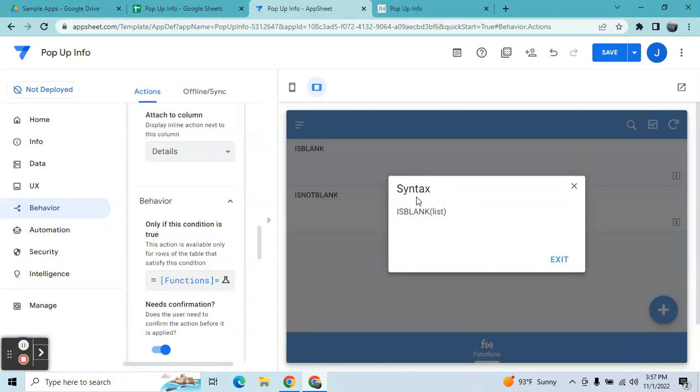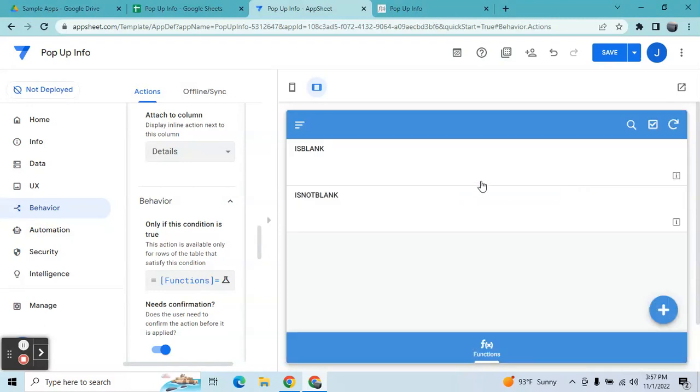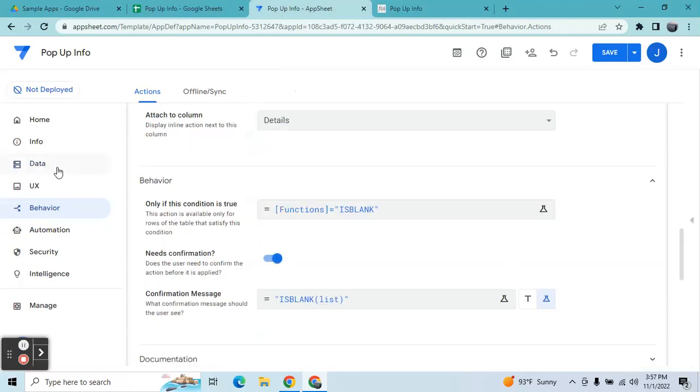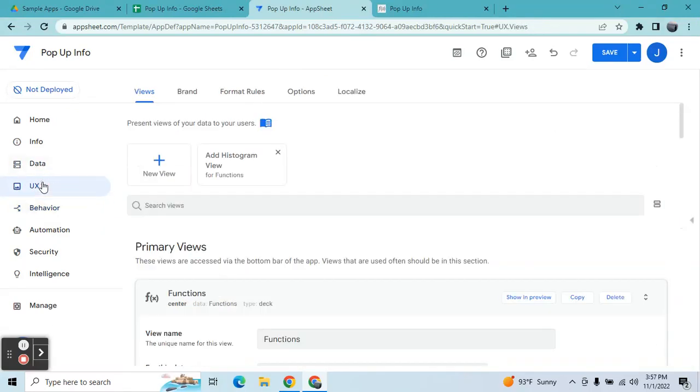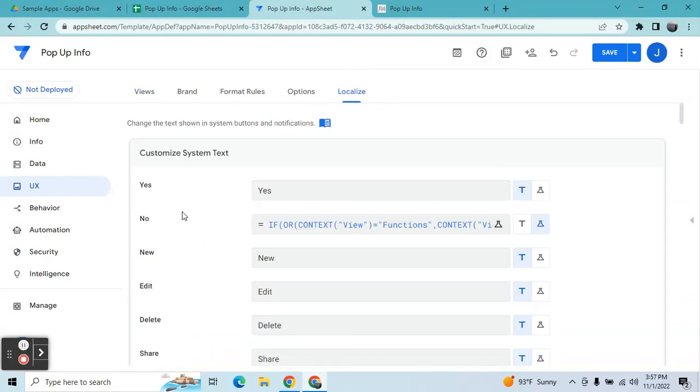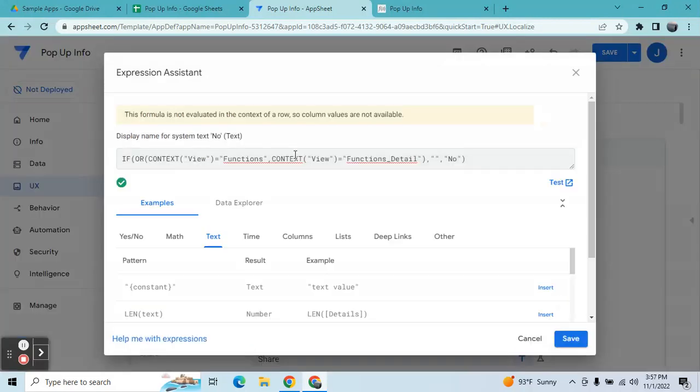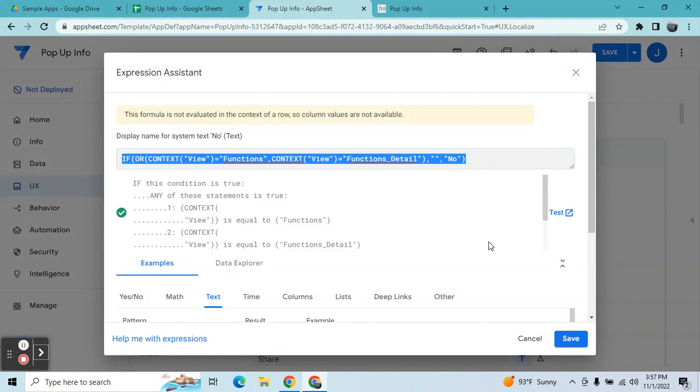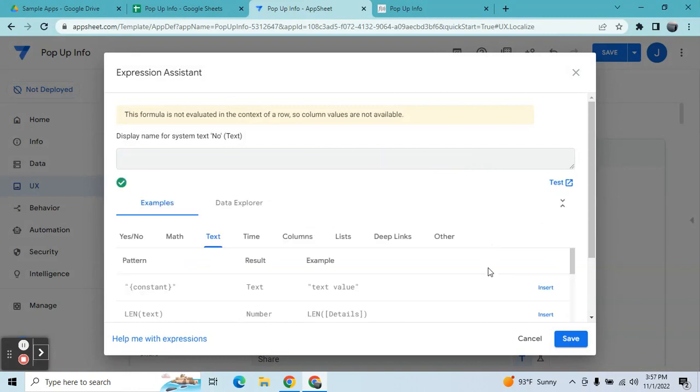In order to rename it, you have to go here to the UX, and then you go to localize. There is what we call no. See what will happen if I remove this expression. I'll just copy it, easy later on. Then once I save,